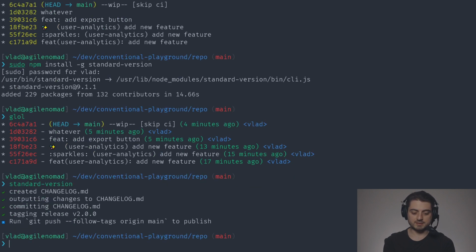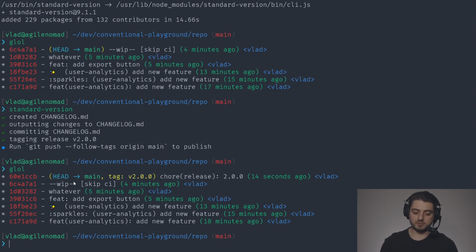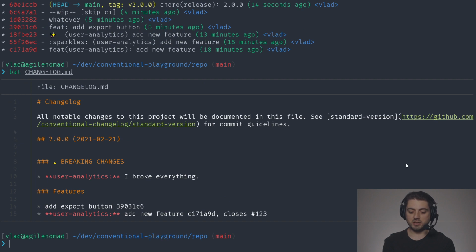Okay, so as you can see, it created a changelog. It outputted the changes to the changelog MD. It committed the changelog. It tagged the release as 2.0.0, and it also gives you advice: you could push all of these tags. Okay, so if we do glol, then we're going to see that now we have an extra commit. It's been tagged. It's a chore, a release, version 2.0.0, and now there is a changelog in there,